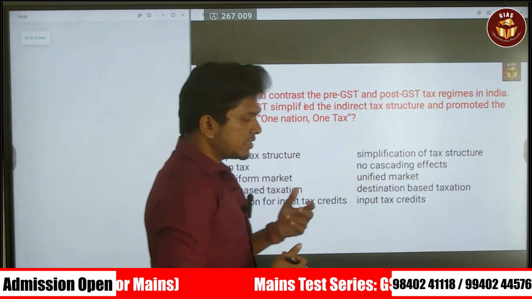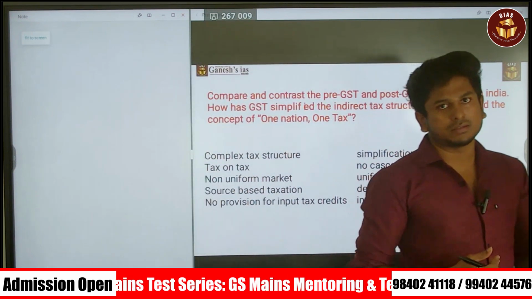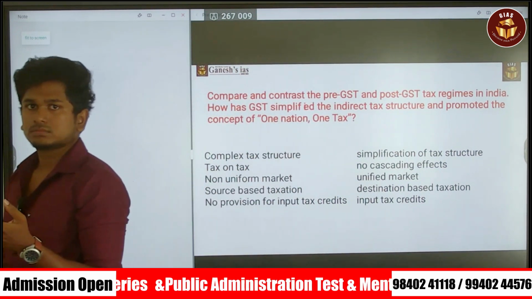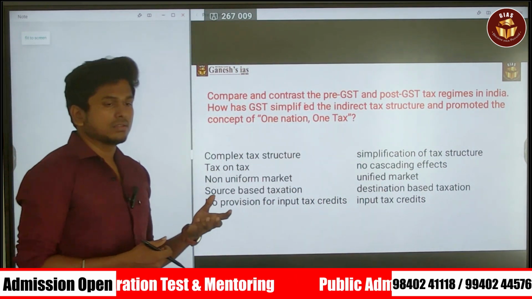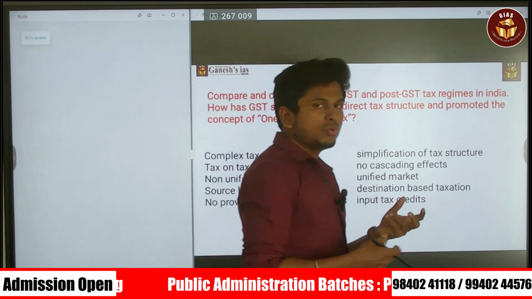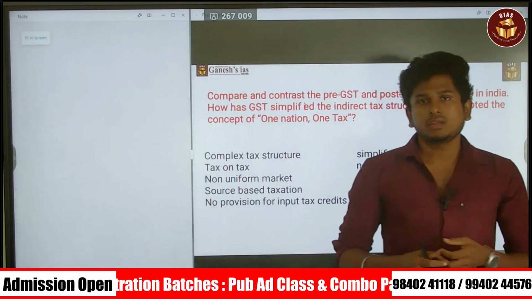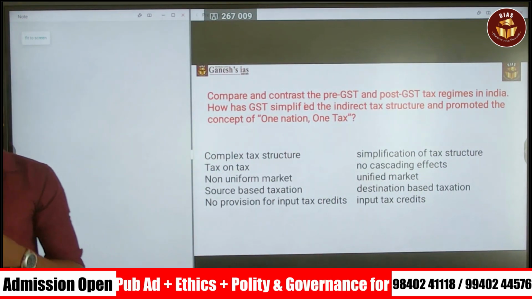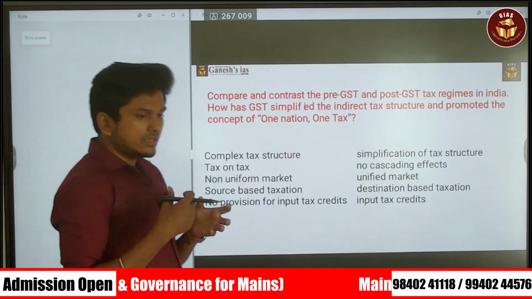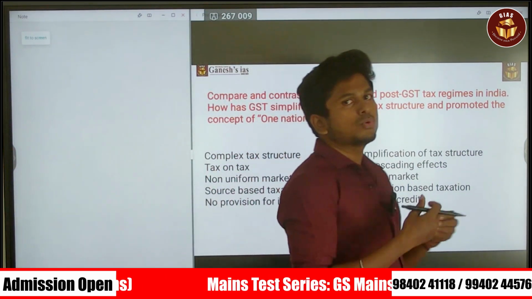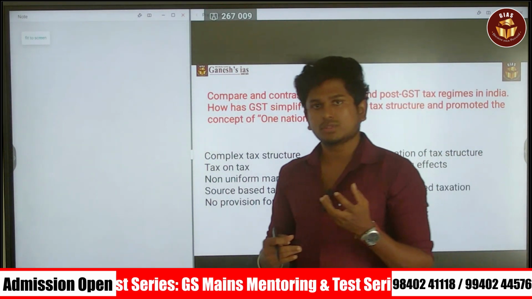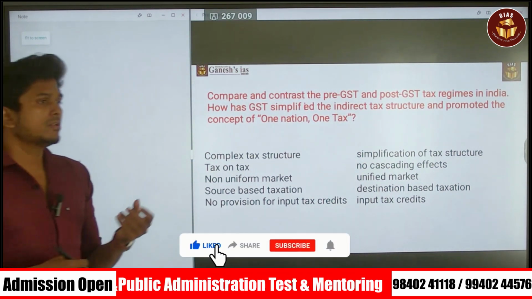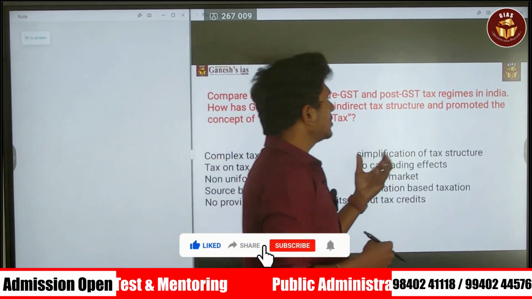And then earlier there was nothing called input tax credit. Now there is an input tax credit, which means you are buying a product to manufacture certain things. If there is a tax on that product, you need to pay that. And after producing the goods, you are going to sell them in the market, and on that also you need to pay a tax. In that scenario, you will get the input tax credit. You buy certain goods, you pay the tax on that, and you can get a credit for it. So these are the things that happened after the GST.